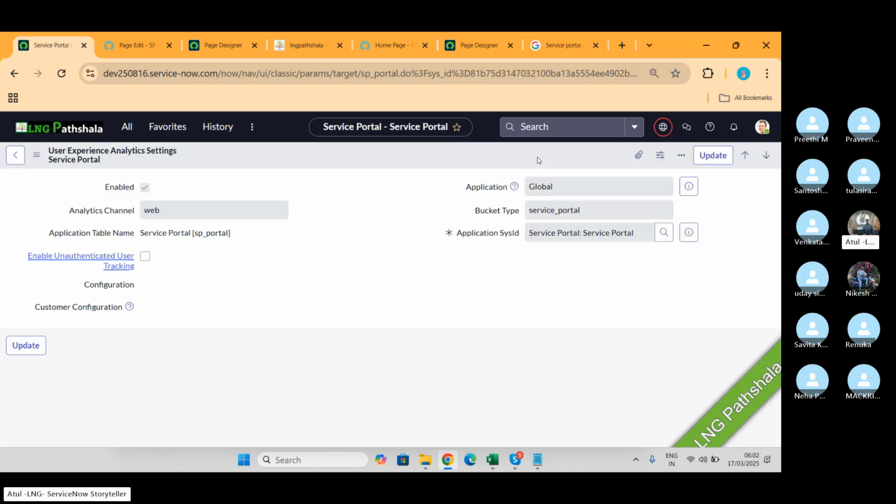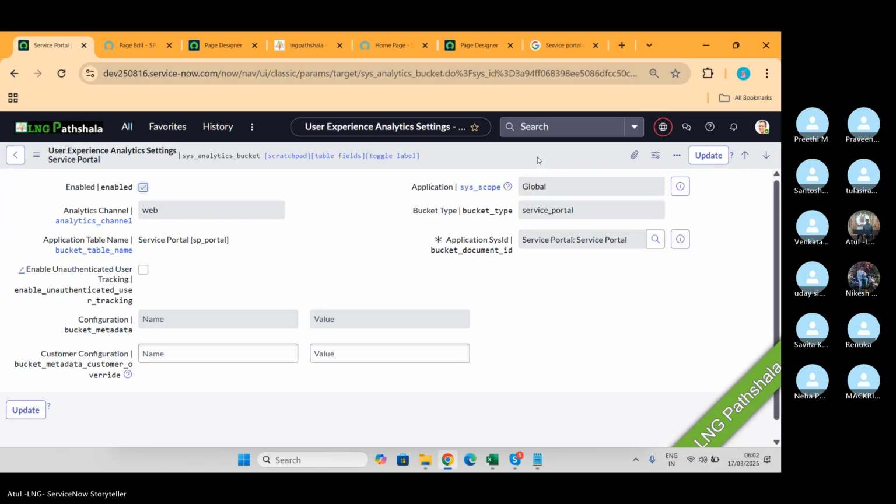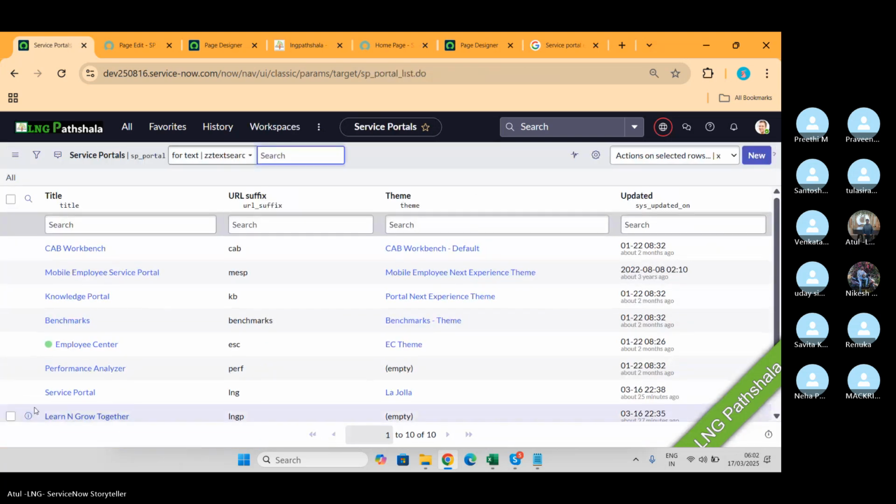Click on this. I want to get some analytics settings about my portal. I can enable it for me. This is again a question I'm giving.